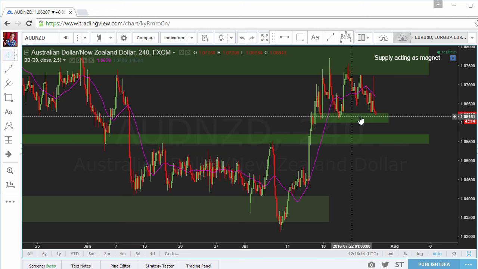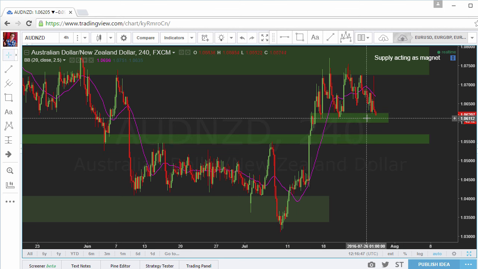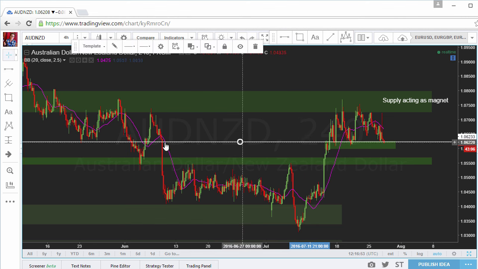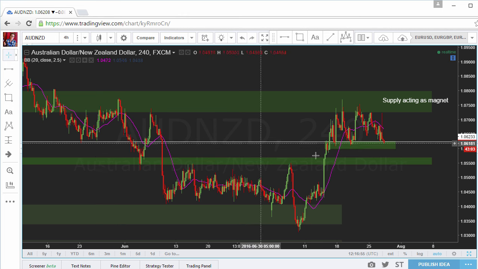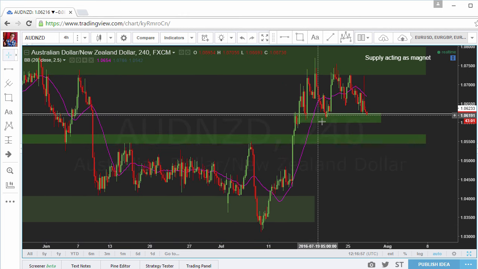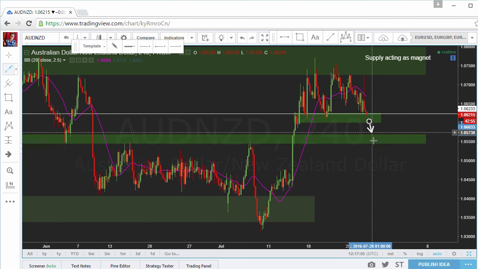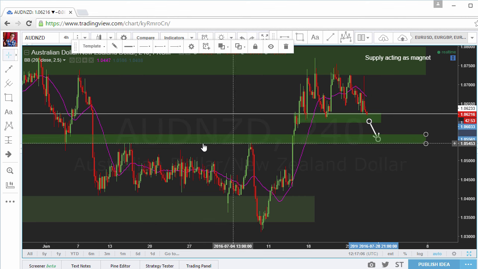You can see that we have also been struggling in this area here. If we zoom out a bit, we can see that this has been very strong support and resistance in the past as well. So it makes sense that price is struggling here a bit. And then once price can break below this level, then probably here is where we will see some type of